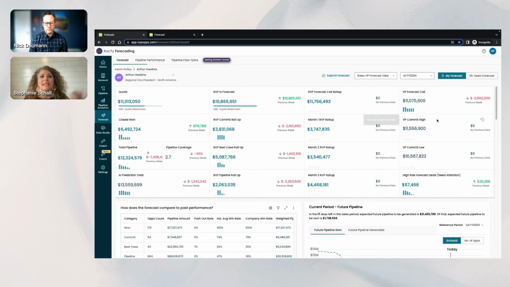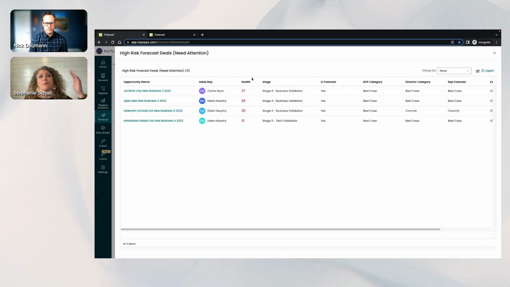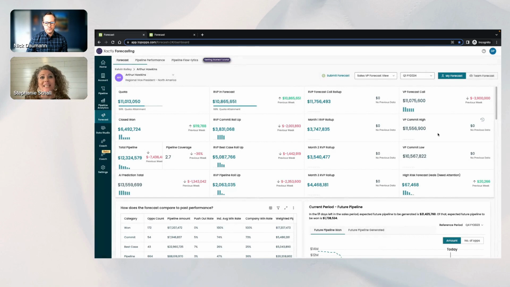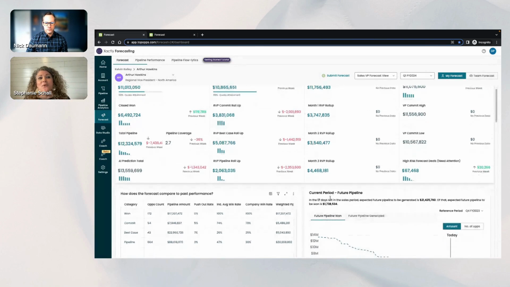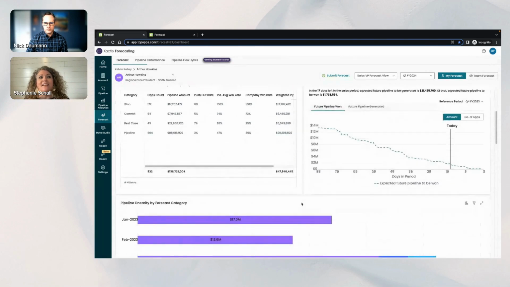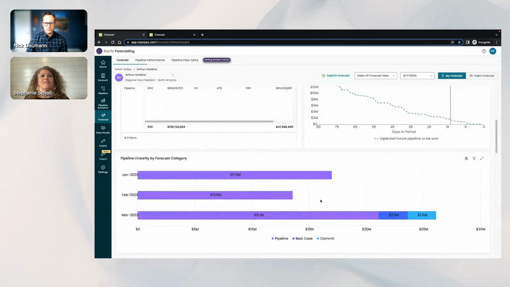We have that flexibility to say, okay, well, I do a forecast call. Our VP also does a commit high and a commit low. And we also need to keep our finger on the pulse of those high risk deals that we need to be aware of, so that we can have the conversation in time, so that that path to hit the number is a reality. And so some of the other things that we're looking at as we go through this is,